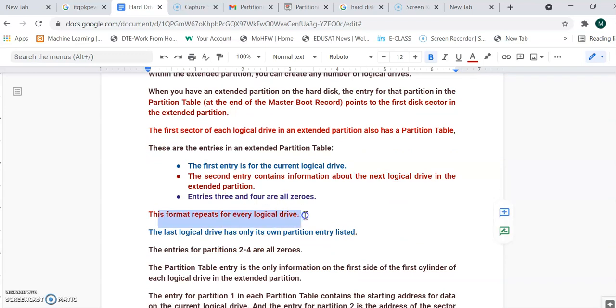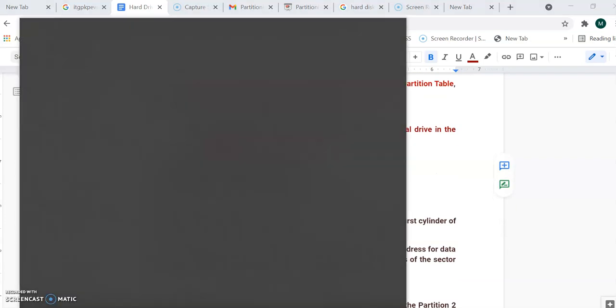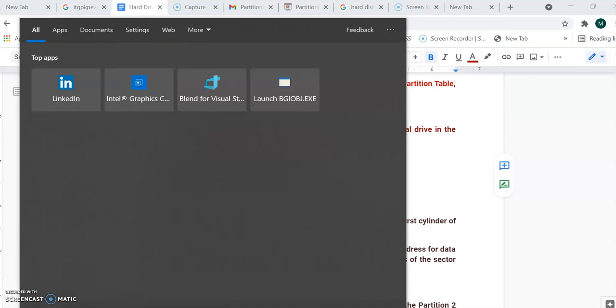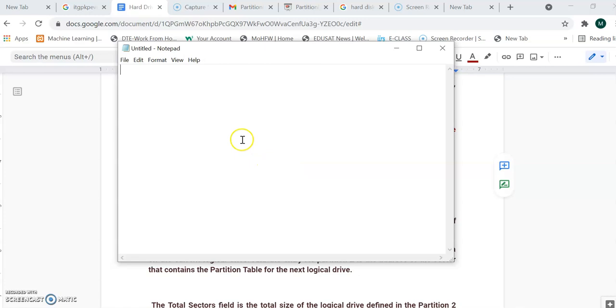This format will be repeated for your logical drives. So logical D, and then the next logical drive it is pointing to is E. In the next row it will have E and then F, and so on. For example, I can show you. Let's go to the notepad, and here the first entry means suppose D drive. D drive is your current logical drive.